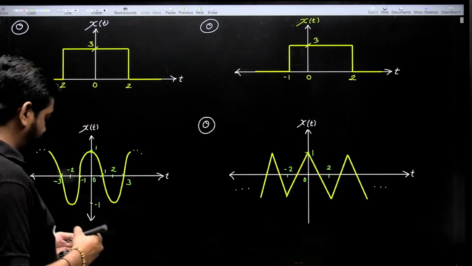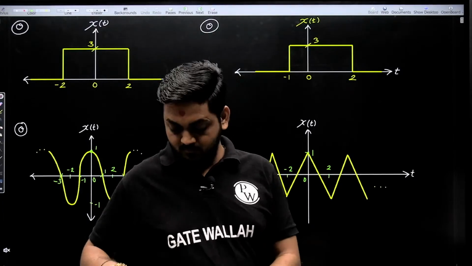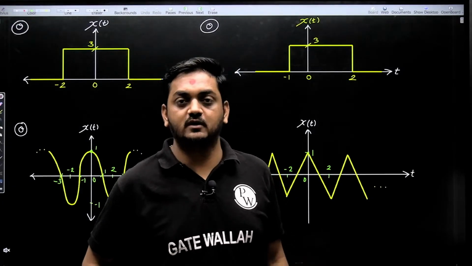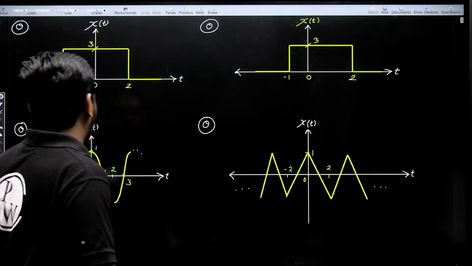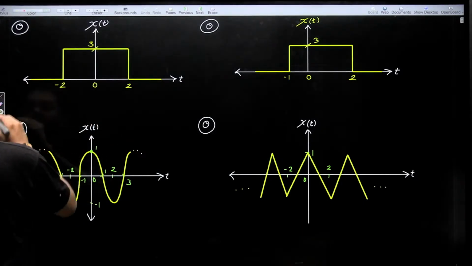Now how to identify whether the given signal is odd or even from the graphical representation of the signal. Okay. So first signal, how to identify whether x of t is odd or even. So see,